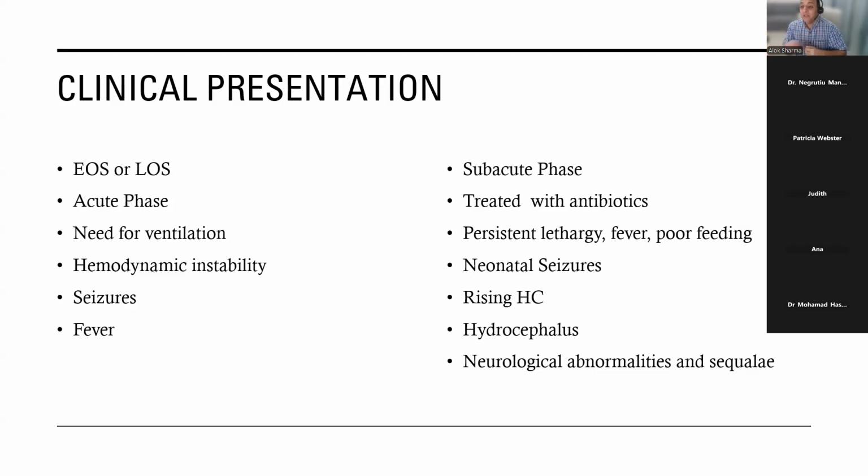That's quite a few babies to subject to a lumbar puncture, but then you don't want to miss that one case. So a lot of it depends on how practice is in your part of the world. In late onset sepsis, the incidence is much higher. The incidence of meningitis can be as high as 15%, depending on the organism that's causing the